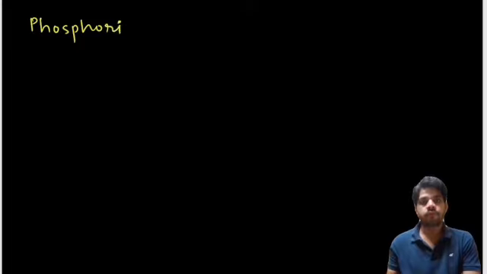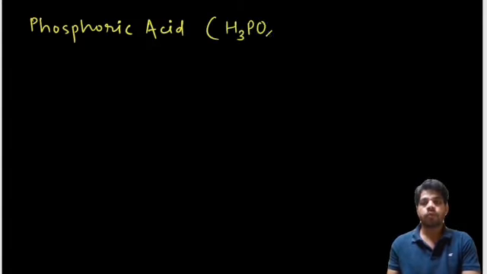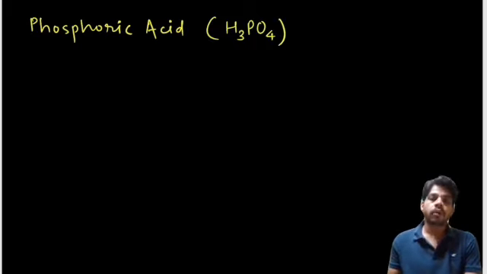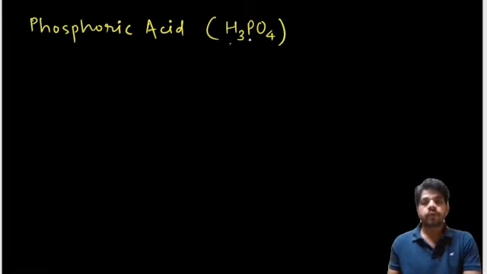Its name is phosphoric acid. Now we have to know the formula as well. The formula of phosphoric acid is H3PO4. Now we have got one phosphorus, three hydrogens and four oxygens. So when we are going to draw the structure of this phosphoric acid, we put phosphorus in the center of the molecule. We put all the hydrogens with the available oxygens, making them OH bonds.